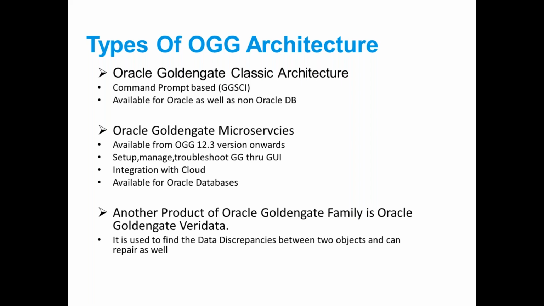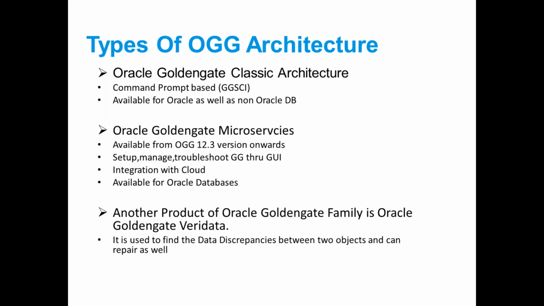Now, say for example, you have 100,000 records on source and 99,000 records on target. So there is a discrepancy of 1,000 records. With Veridata, you can run the real-time job. It can find the discrepancies between those two objects and can repair them as well. Those 1,000 records can be repaired by Veridata. Now you may say, Ashish, we can write a SQL script. But with Veridata, you don't need any downtime. The advantage is that it keeps track of any row which is in flight, which is not yet replicated, but can be replicated later.